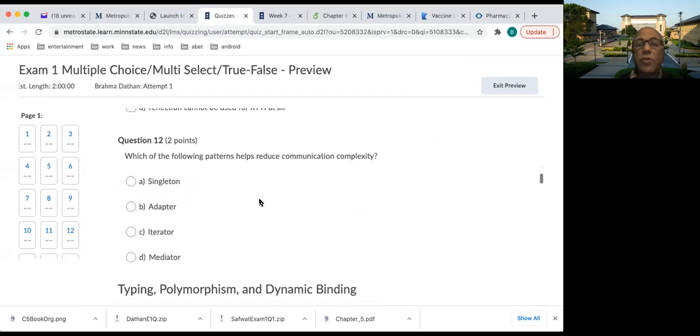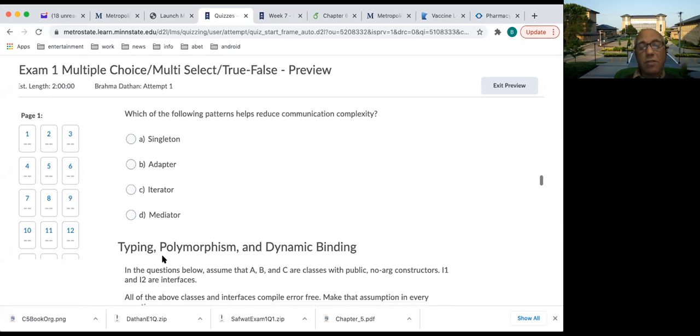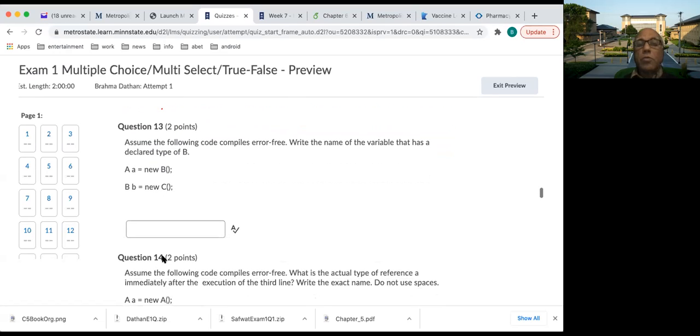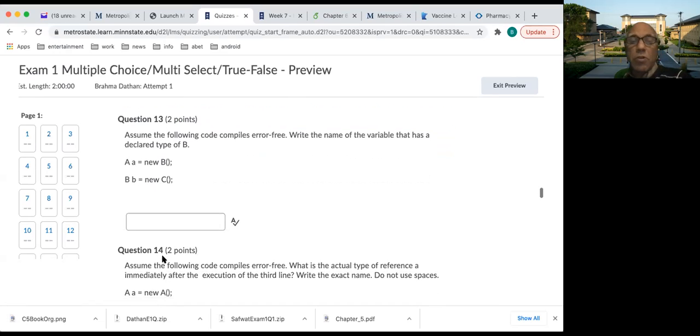Then, which of the following patterns helps reduce communication complexity? It is mediator. Otherwise, every colleague has to have a path to every other colleague, and that is going to be proportional to the square of the number of colleagues. Whereas here, everybody is sending messages to the mediator, which helps with reducing the communication complexity considerably. And the rest of the questions have to do with polymorphism, dynamic binding, and